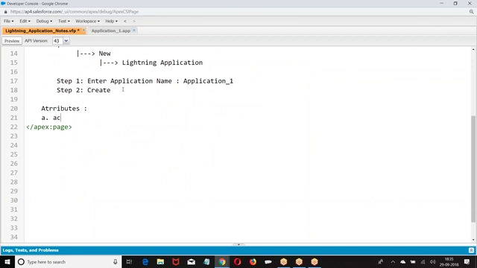Attributes. This will specify the scope of the application.